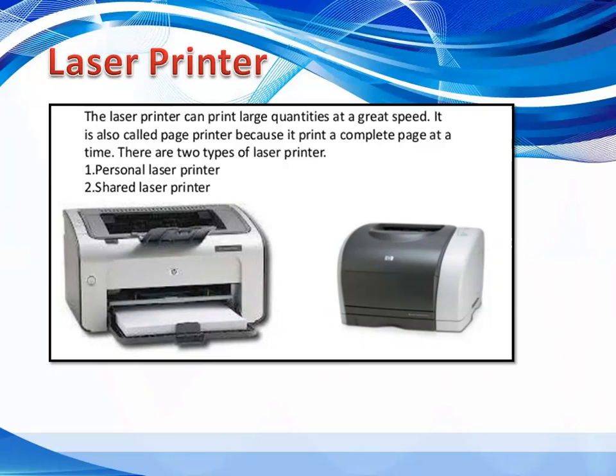On the other hand, we have two more types of laser printers: black and white and color laser printers. Normally we have a black and white laser printer which we can use to produce the result in black and white. And the color laser printer can generate graphics, photos and color printouts at fast speed. So a laser printer prints a complete page at a time.